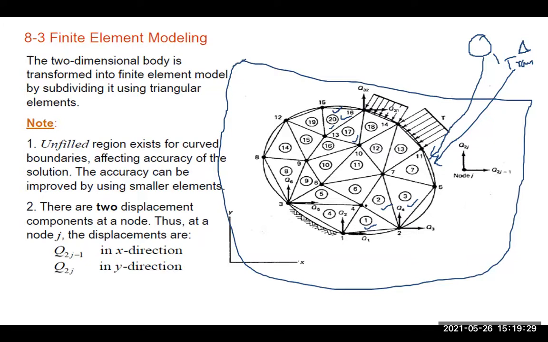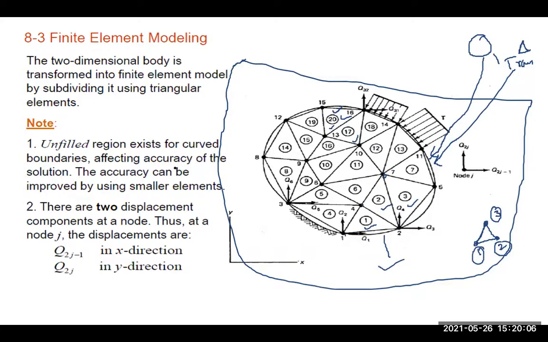If you observe, there will be some nodal points also. These are 1, 2, as well as 3, 4, 5, 6, 7, 8, like that, nodal numbers are there. But in any given triangle, there will be 3 nodes. This is nodal number 1, this is nodal number 2, and this will be nodal number 3. So these are the 3 nodal numbers for each and every triangle. This is a best example of discretizing the given circular object by using the triangle element.